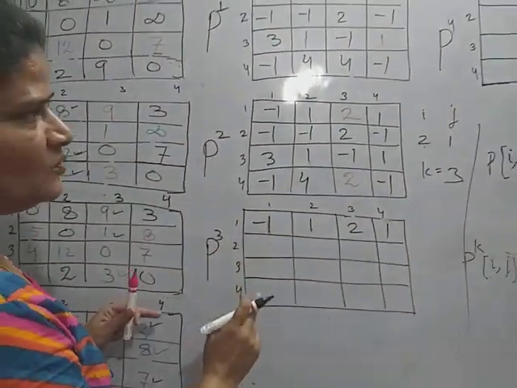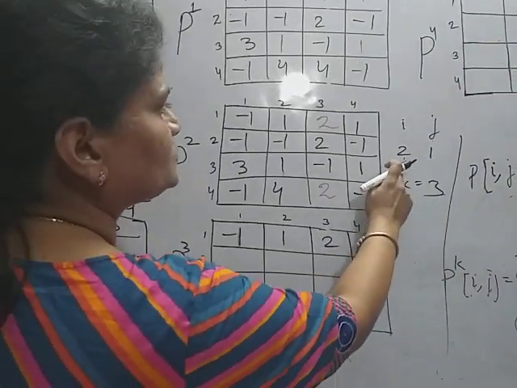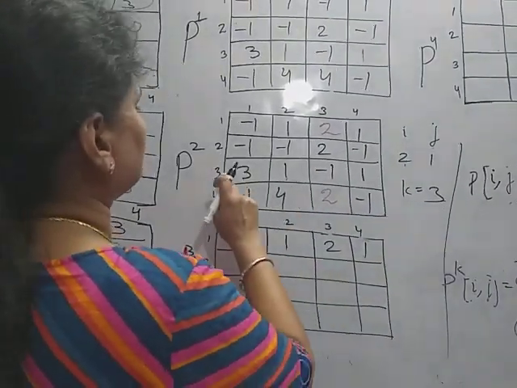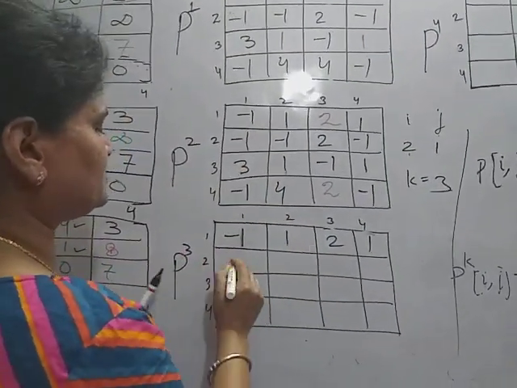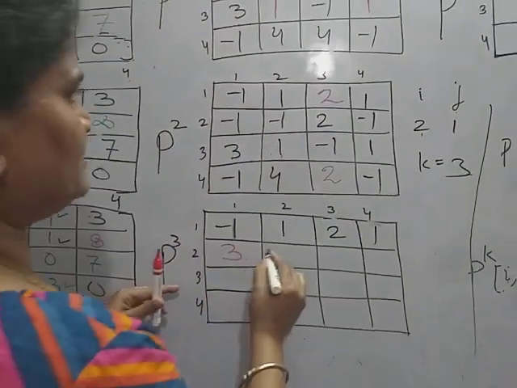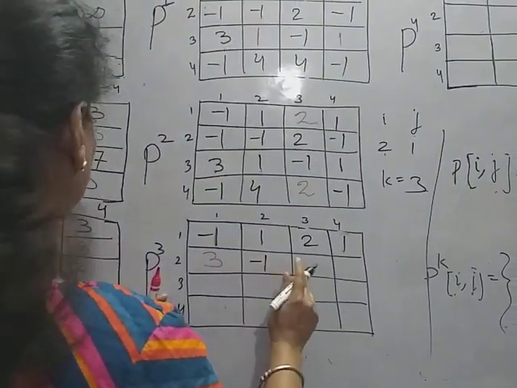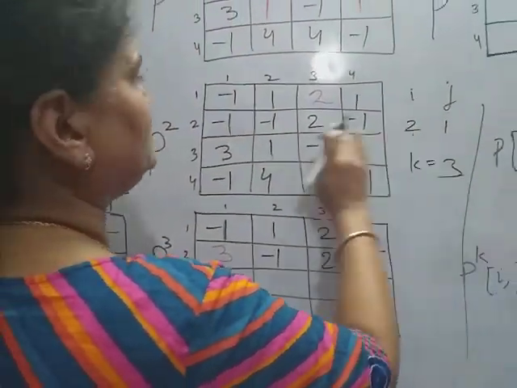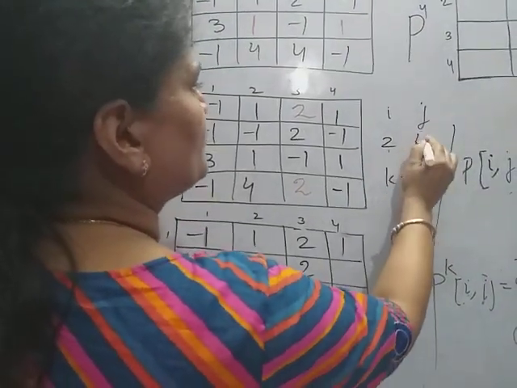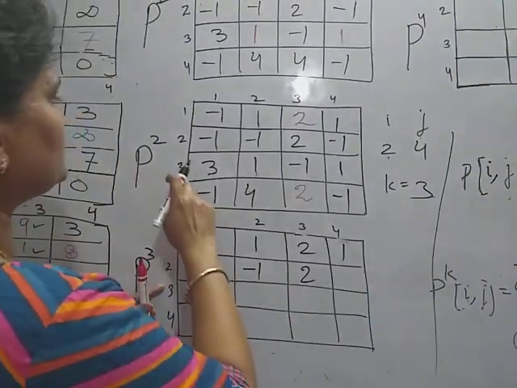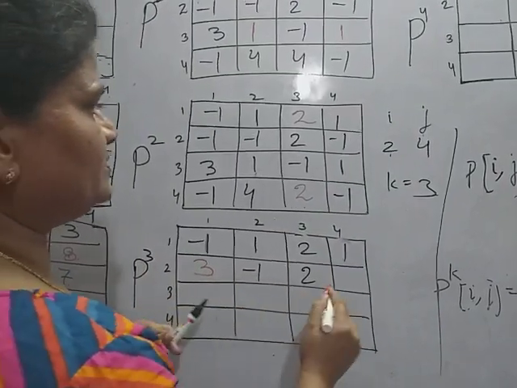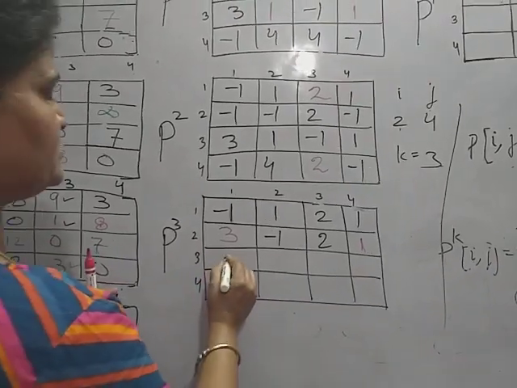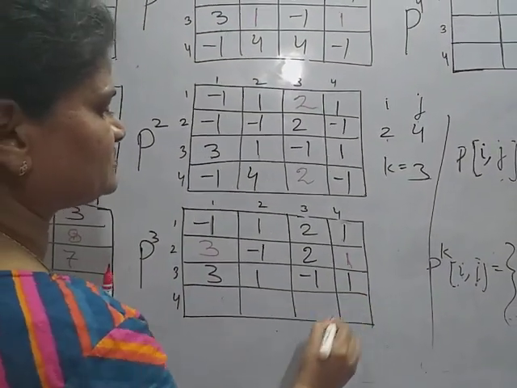So here we generate what? 2, 1 will be changed by 3, 1 in the previous matrix. So here see 3, 1 is 3. So 3, 1 is 3. Now minus 1, 2 and now this entry is also changed with red pen. So here the 2, 4 is changed with 3, 4. So 3, 4 is 1. So it is changed 3, 4. Now the next row is copied as it is, minus 1, 1.